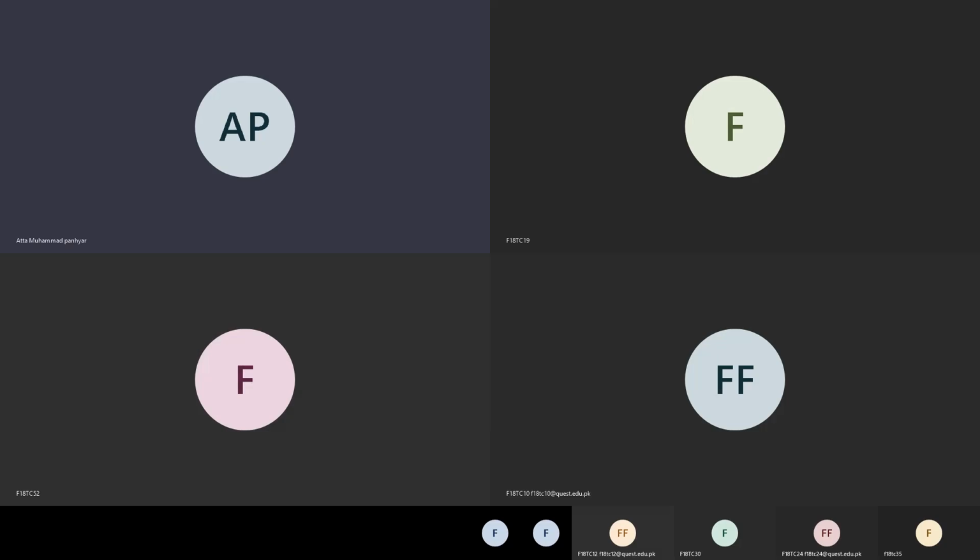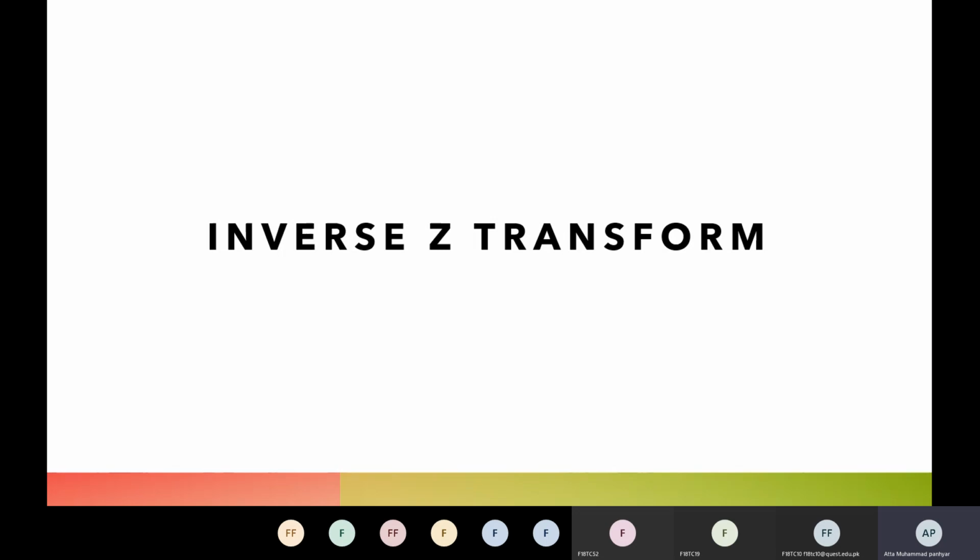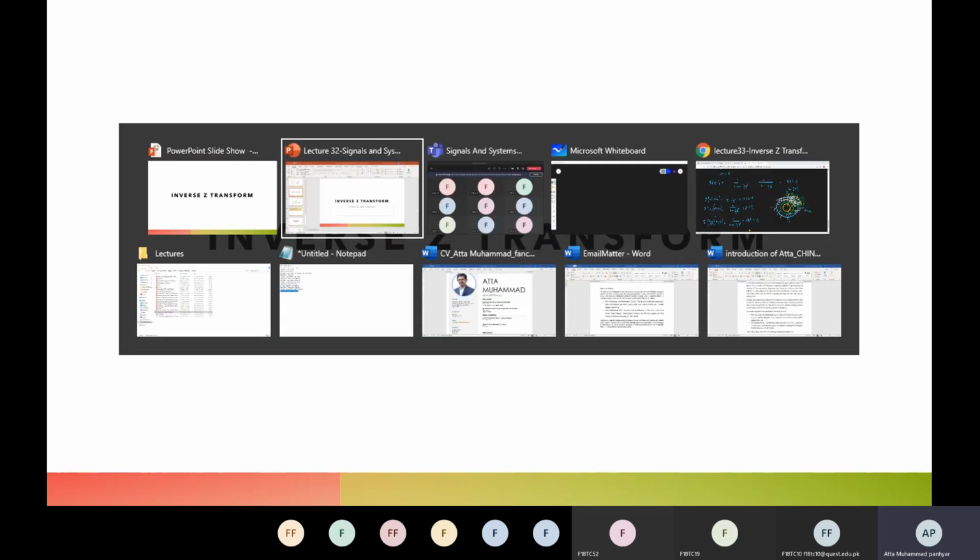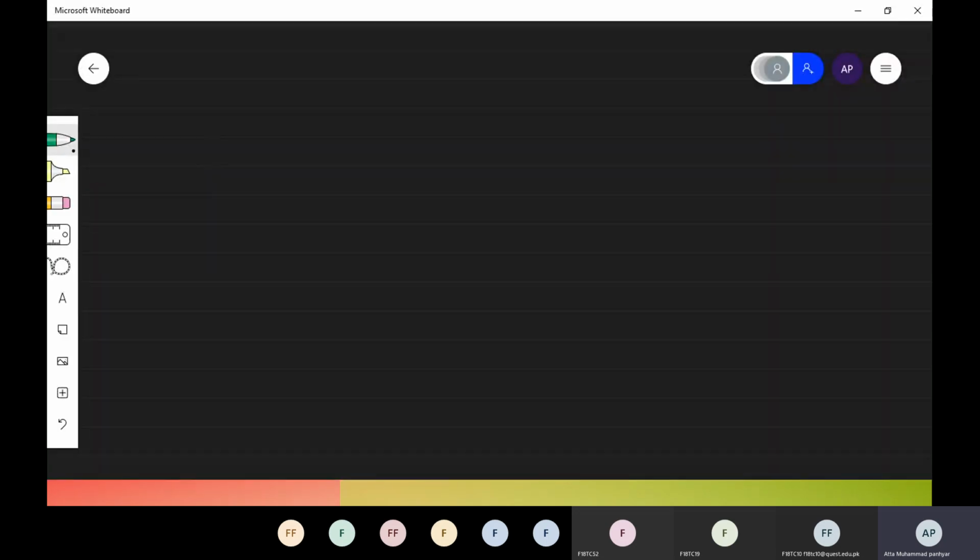In today's lecture, we will be discussing the Z transform. But before that, let's have a recap of what we discussed in the previous class. In the previous class, we discussed the Z transform, right? And we said that, for example, if we have a signal x of n,